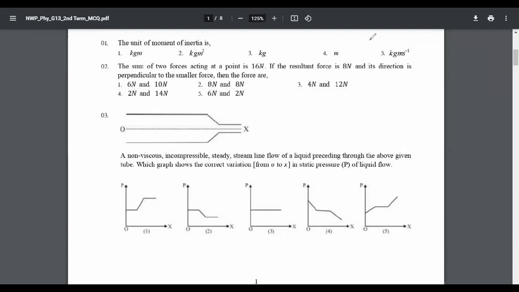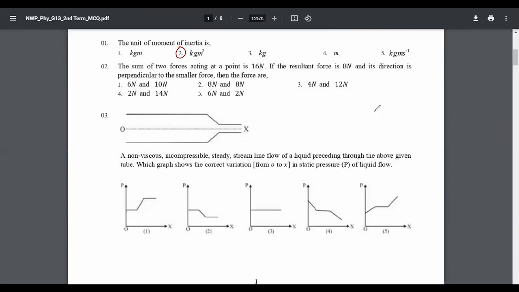Right. Okay. First one, very obvious. It's moment of inertia, kilogram meter square. Second one, the sum of two forces acting at a point is 16 Newton. The resultant force is 8 Newton, and its direction is perpendicular to the smaller force. Then the force